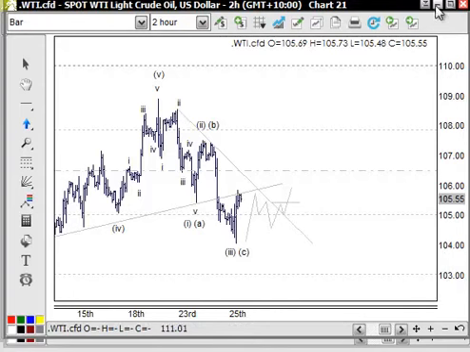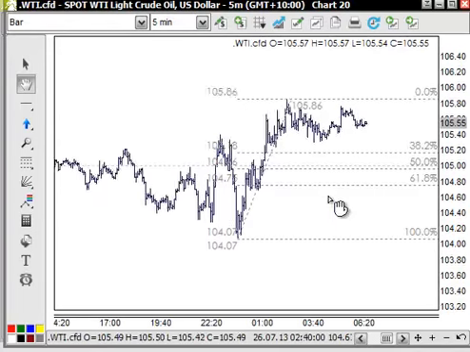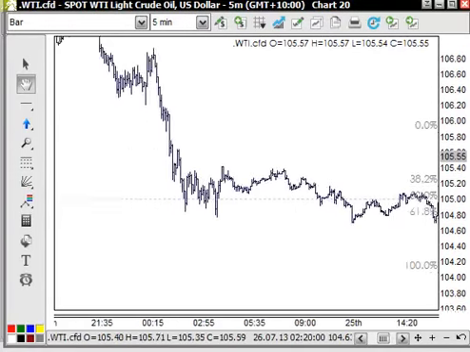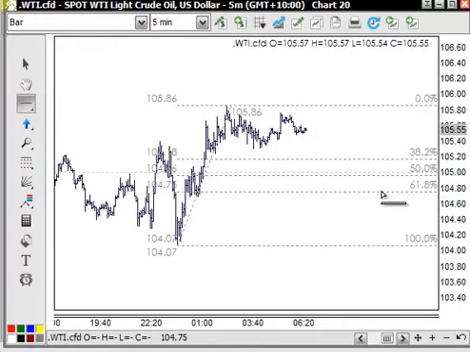a retested resistance. If I move here on a bit more intraday on a 5-minute chart, this is the low through here, and this move that we currently got to the upside so far appears impulsive, so that's good. So the 61.8 retracement level comes in around the 104.80. So of course we would be using the 72 here. So that level there,